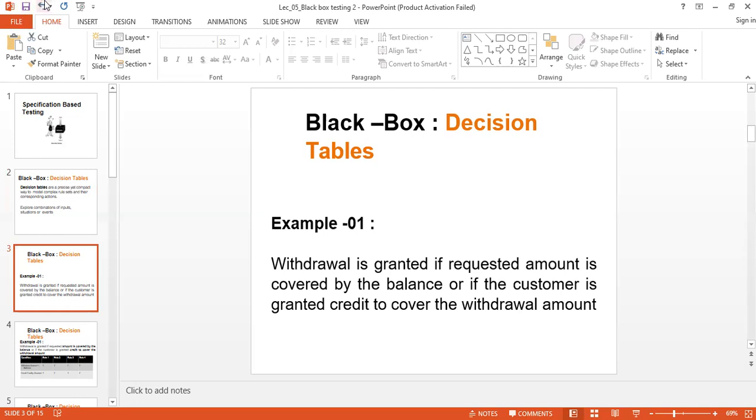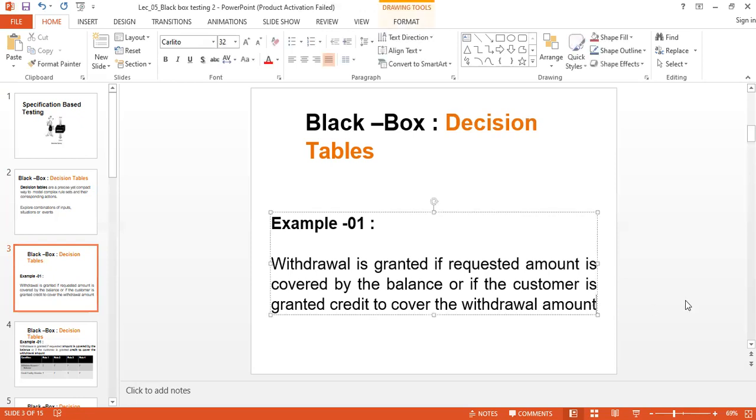So as the first example, we will talk about this: withdrawal is granted if the requested amount is covered by the balance, or if the customer is granted credit to cover the withdrawal amount. So again, this is from a business application, a bank application. So if I explain this in Sinhala,